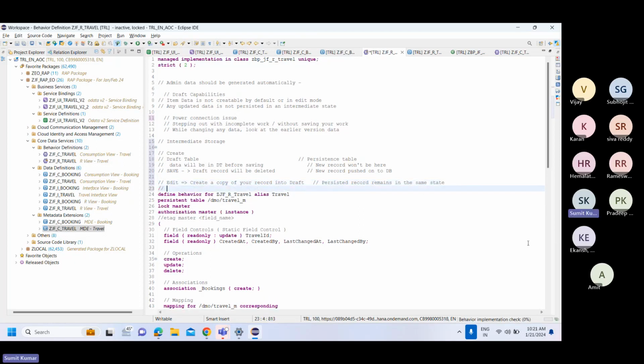Now, afterward, let's just say someone changed something. For example, someone changed the start date, end date. At this point in time, what would happen is this particular draft record will always contain the latest copy of the data, right? So your draft table will contain the latest copy of the data, but your persisted table will contain the old data only, right? So your persisted table will contain